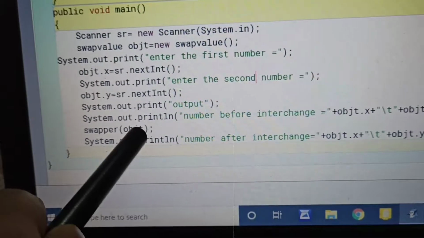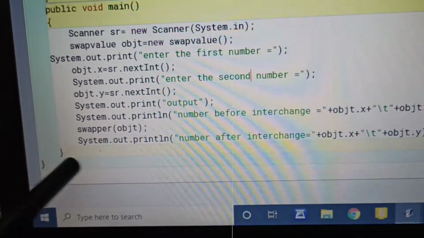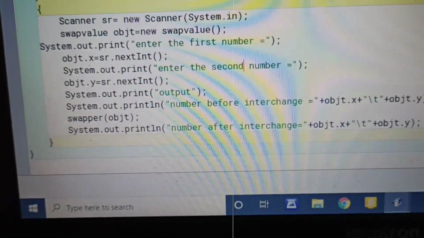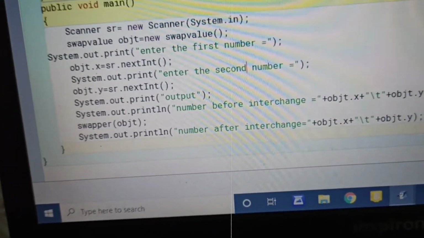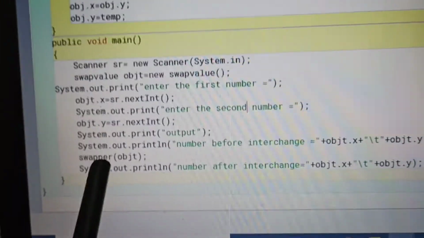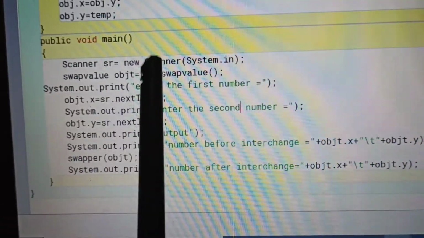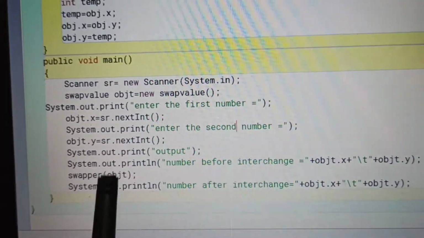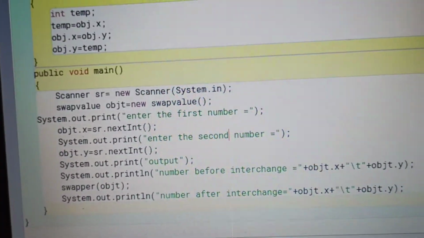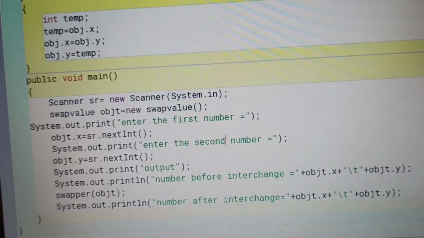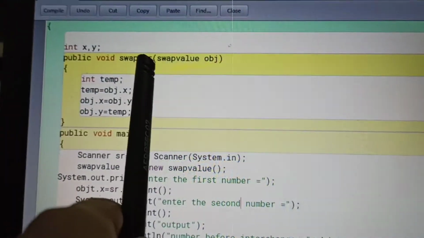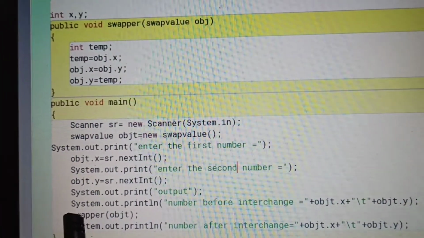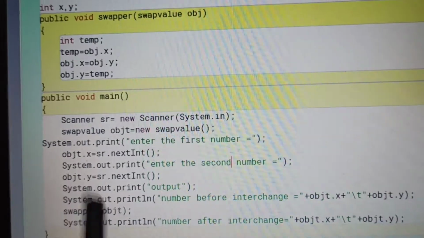So it is just like a reference: a reference is passed as the actual parameter. This is called function call by reference. So if I change something over here, it will be reflected to the formal parameters as well, and if I make any changes over here, it will surely be reflected in the actual parameters. It is a reference.